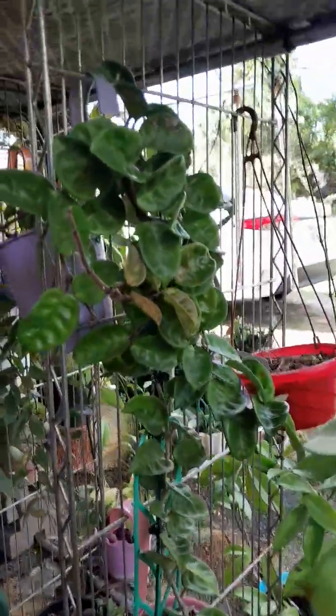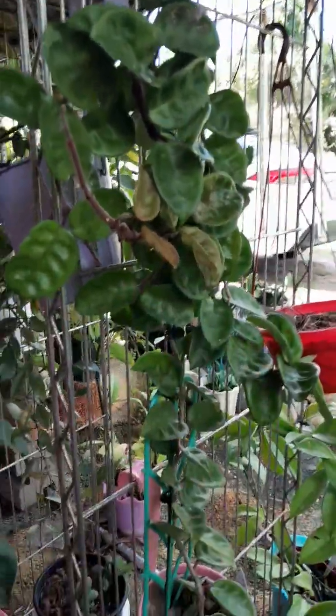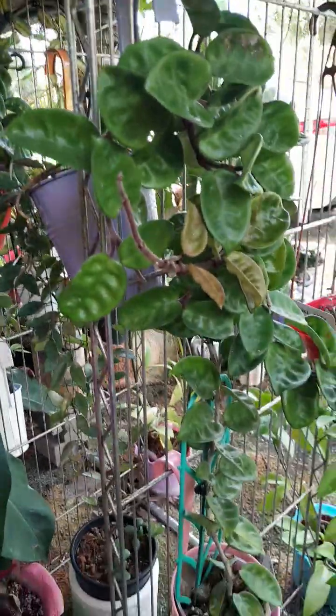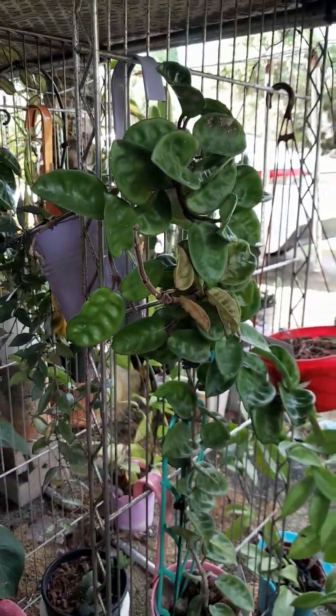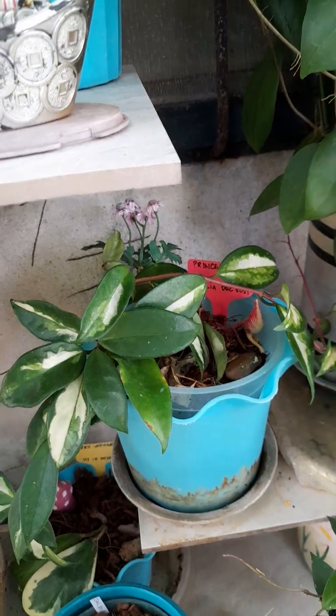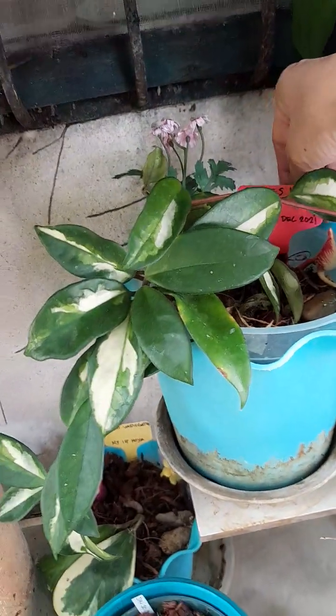Oh, I just want to show you guys my Hindu rope. This is where I hang her. That's where she's at right now. Oh, this is my next one. I didn't show you guys this one. This is my